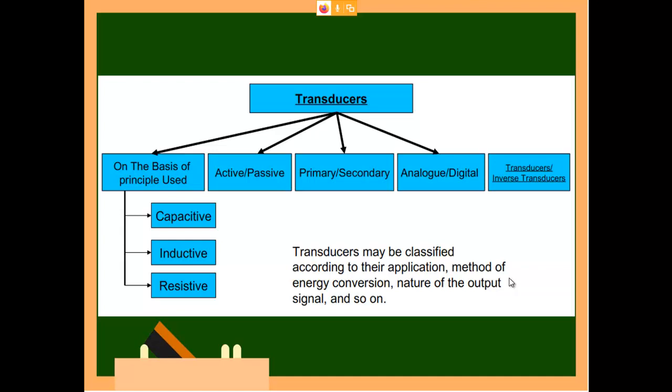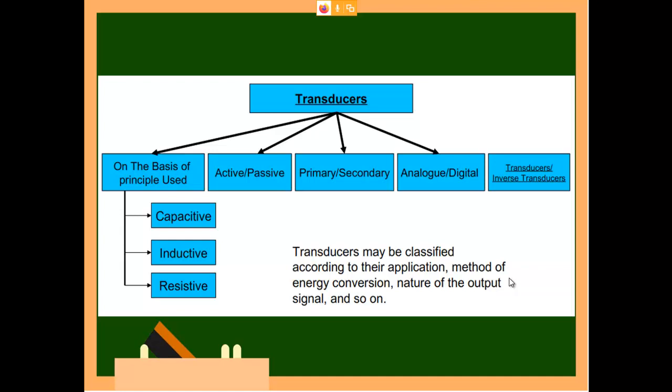So primary level sensor, then secondary level sensor, then analog and digital, that is based on what you are going to measure. Based on that, I can call them analog sensing devices or digital sensing devices. We will see digital sensing devices like optical readers and optical encoders, which give a digital output.